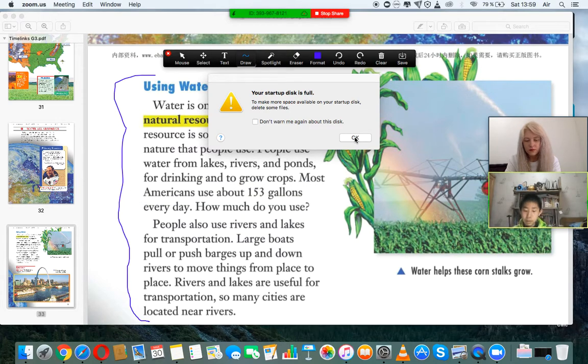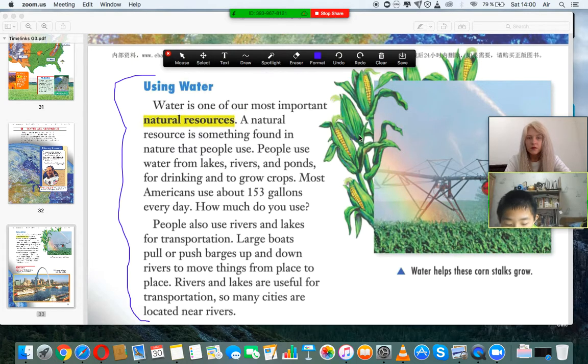Large boats pull or push barges up and down rivers to move things from place to place. Rivers and lakes are useful for transportation. Cities are located near rivers. That's right. So try to tell me the main idea from this chapter. Water is one of our most